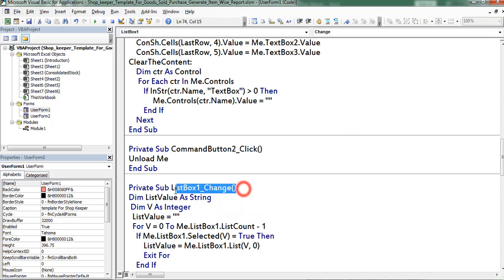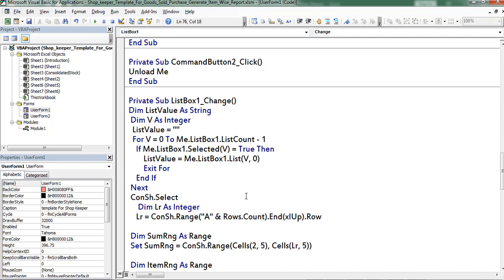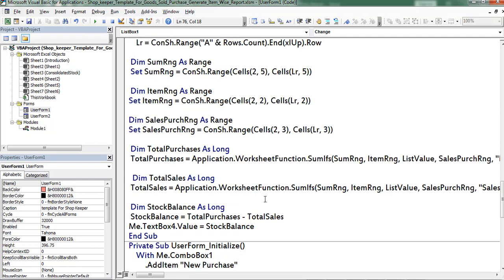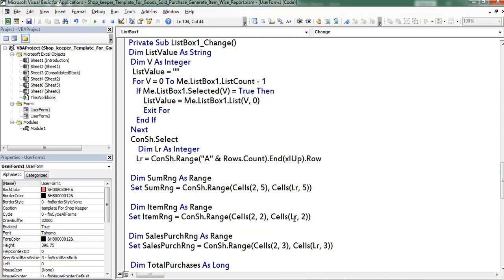Here I am using the change event of the list box. Whenever a change happens in the selection, the application returns the stock balance, total purchases minus total sales. So this is the procedure.